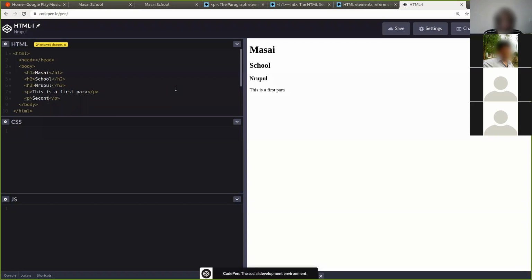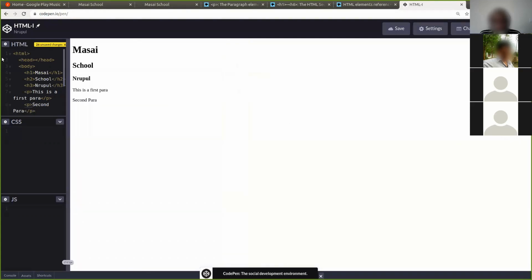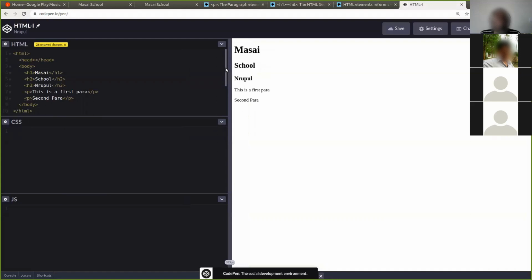You can create as many paragraphs. Okay, you can see how it's being shown. So that's how, very simple. If you write it in Visual Studio Code, save it with .html, like the file name .html, and open it in the browser, it will show the same, but it will not show this. It will show this file.